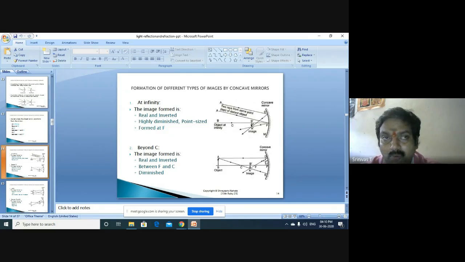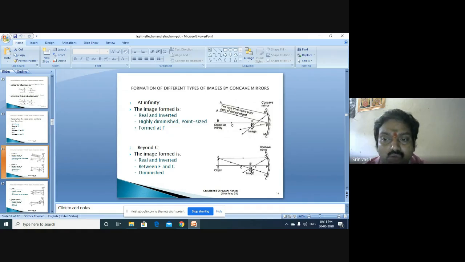So the point of intersection of these two rays, that is AE and DA dash, whatever it may be, exactly they are getting intersected at this particular point. Therefore, the image falls at this point. B dash A dash is the image of the object. So the image is formed between the focus and the center of curvature. That is what we just now concluded.